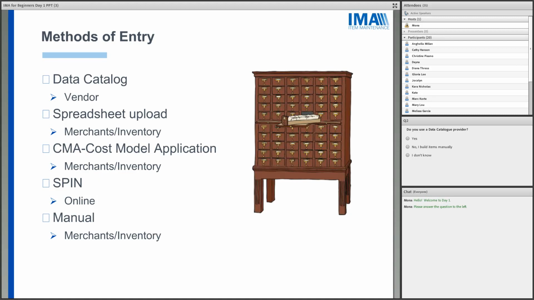Another method of entry we have would be our spreadsheet upload. That's used mostly by merchants and inventory associates. We also have something that's called CMA. It's a cost model application. It's basically just a different application where some of our buying teams will start their process there. This is most often done with sourcing. And then we also have Spin. So if an item is going to be exclusively online, it will typically be built in Spin, and then it backfeeds into IMA. So if that's going to be the case, you may not have much to do within IMA